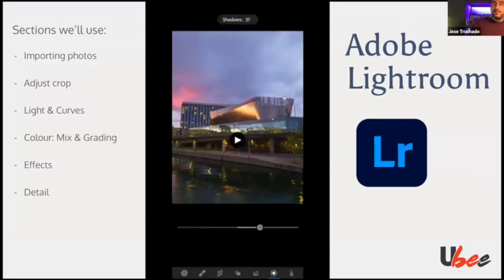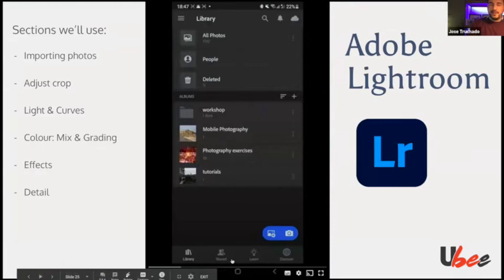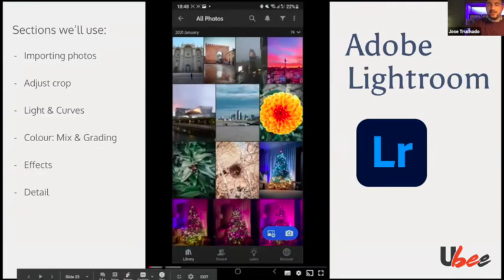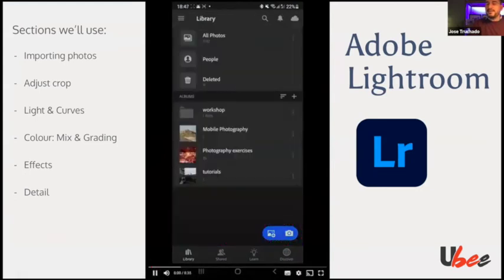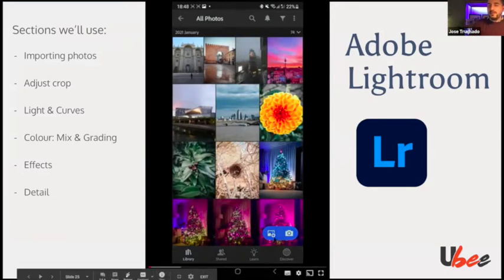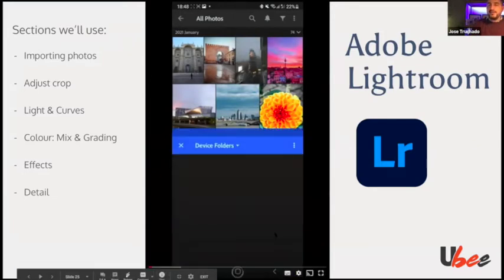So for Adobe Lightroom, the first thing that we need to do is to import the pictures. If we haven't taken the picture with Adobe Lightroom, we need to import them. And in order to import them, you tap on the icon that has a picture and a plus, and then